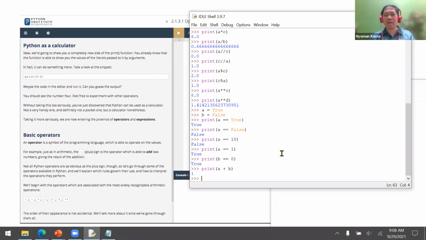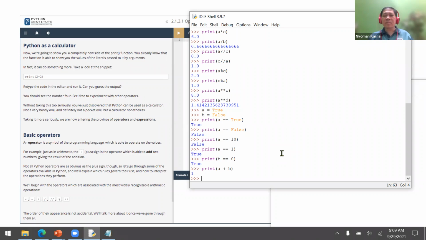Why? Because A, which is true, equals 1, and B, which in this case is false, equals 0. So 1 plus 0 is 1.